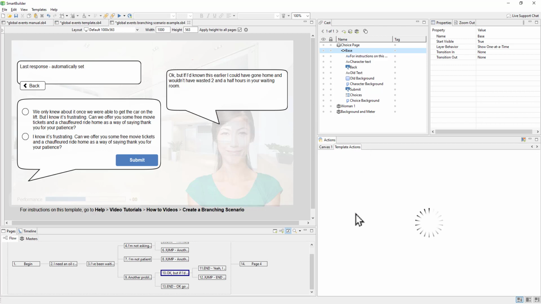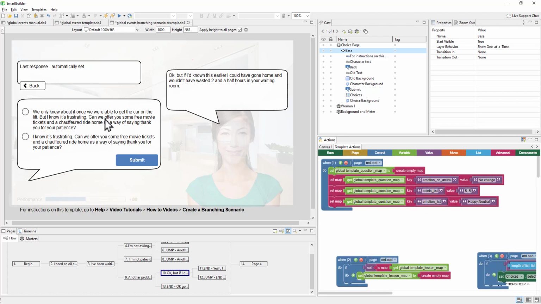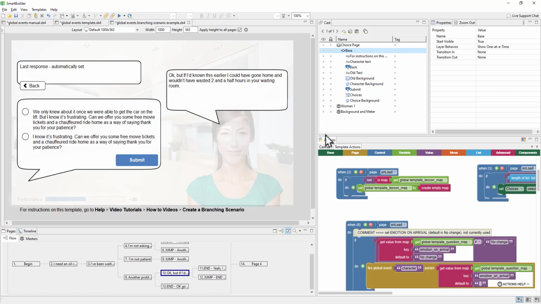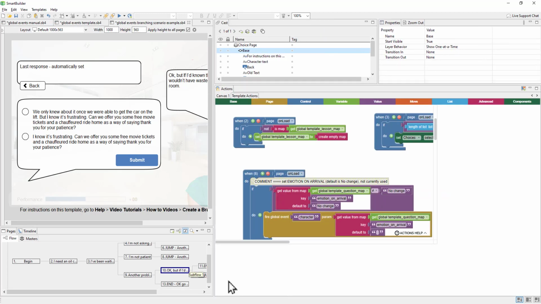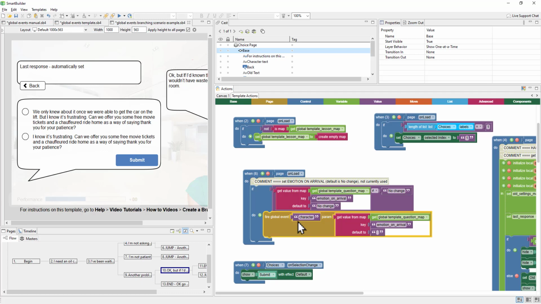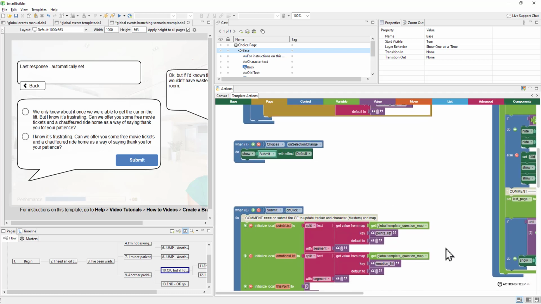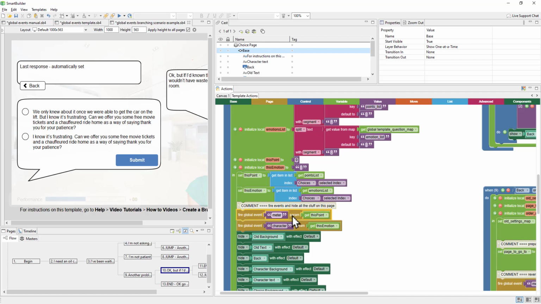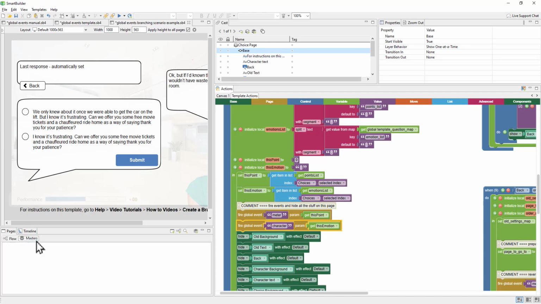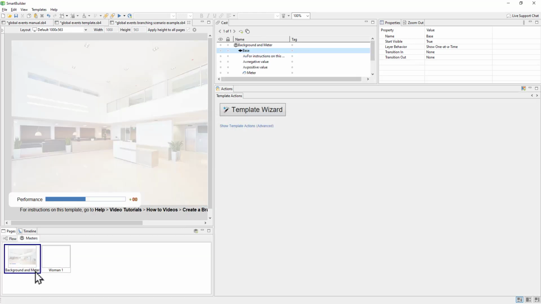The template actions are a little bit more advanced because they have to tie into the template wizard, but you can define how many points get added or subtracted from each answer choice and what emotion is chosen for the character. So we can see here there are just some global events. There's the character emotion on arrival, and then a global event is fired to add or subtract however many points, and then another global event is fired to switch the character emotion. So these are fired here as part of the template, and then on the masters, we have our background and meter master,